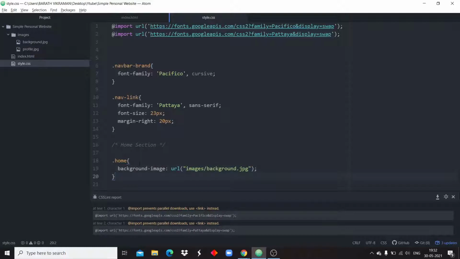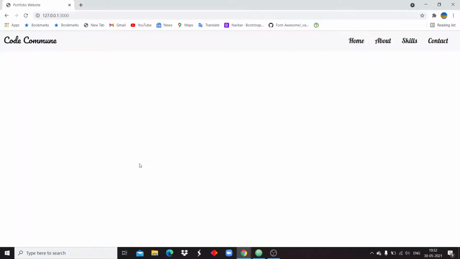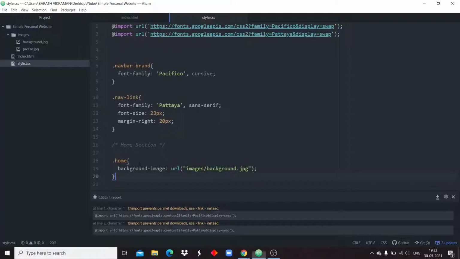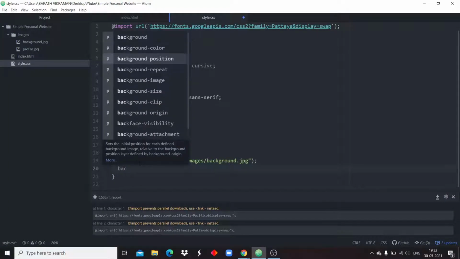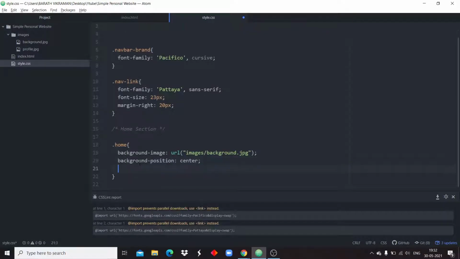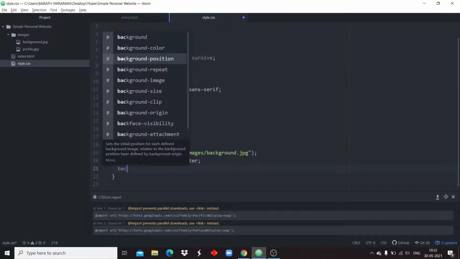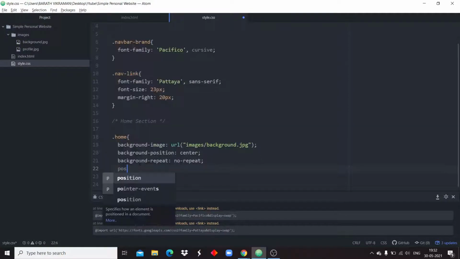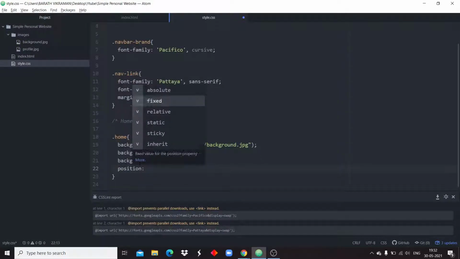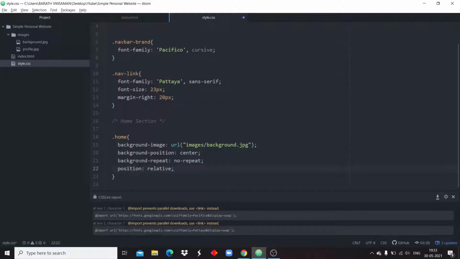And if you save and go to the page, it won't be visible because we need to add some more attributes, that is background position center, background repeat no repeat, position relative. I'm just explaining why we need to specify the position relative.